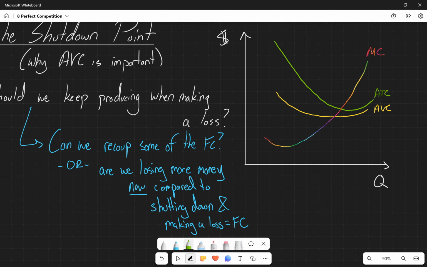So the other situation that I want to talk about, let's do the other extreme. What if market price was all the way down here? So if our marginal revenue is down here, we still have that same profit maximizing decision that we're making. Q star is where the marginal revenue crosses the marginal cost curve. But now we have to go up to find the average total cost, because now instead of a profit, we're making a loss.